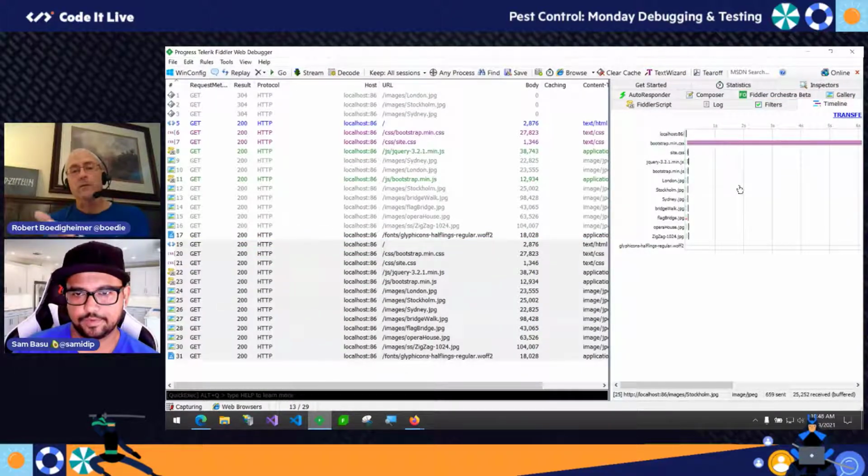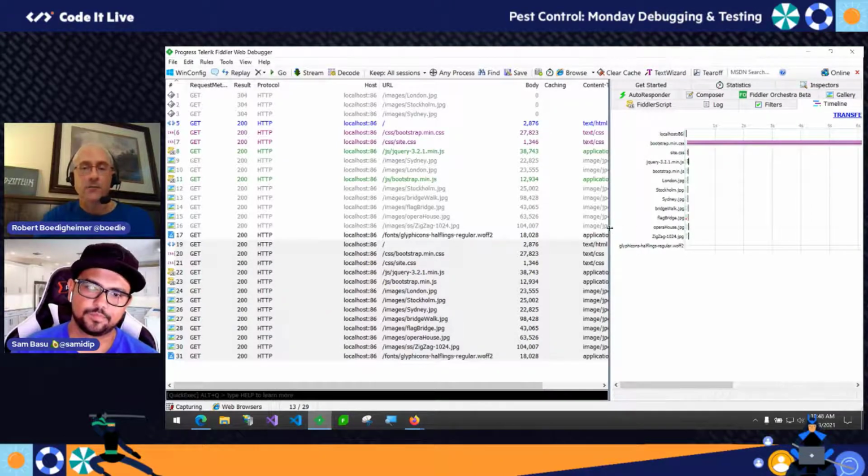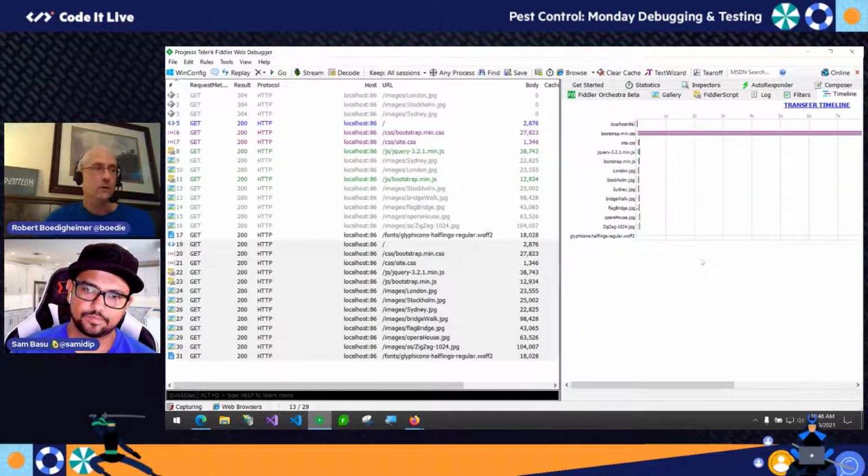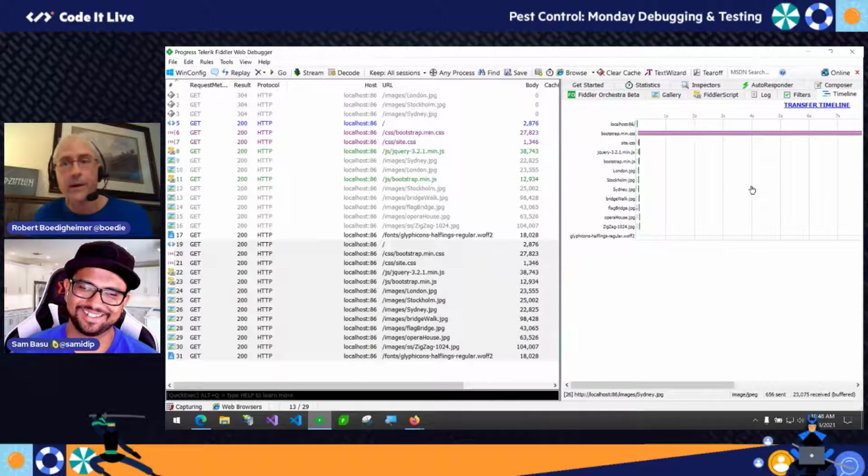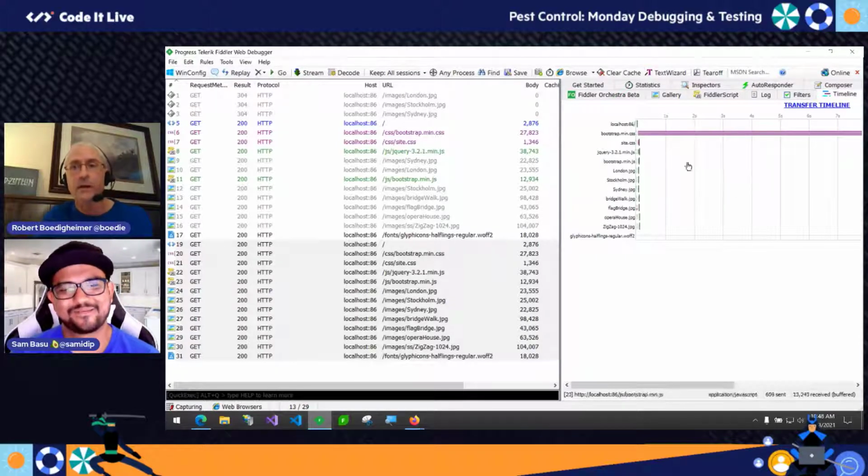So when we were talking about image optimization, you'd see your large images are taking a long time. And it's hard sometimes to convince non-IT people, don't use a huge image because it makes it slow. Showing them a visual like this, where they say, what's that super long line? Well, that's your 1.8 meg image. I said should be smaller, right? The visual helps a lot of times.